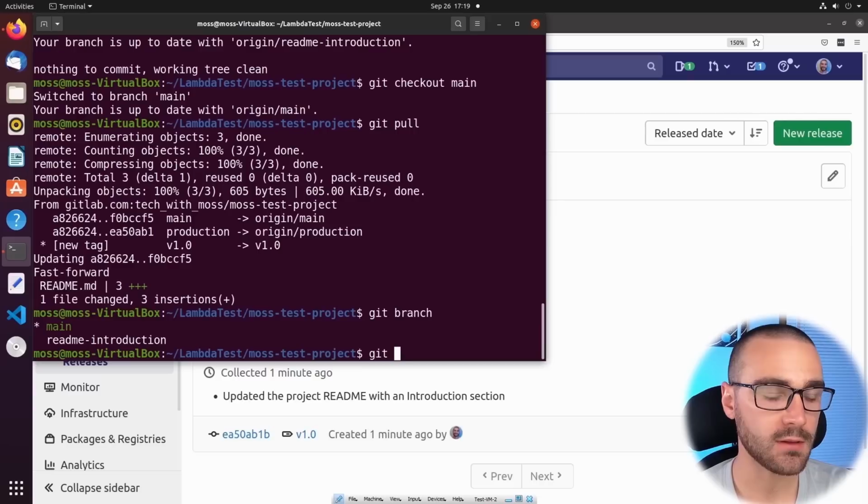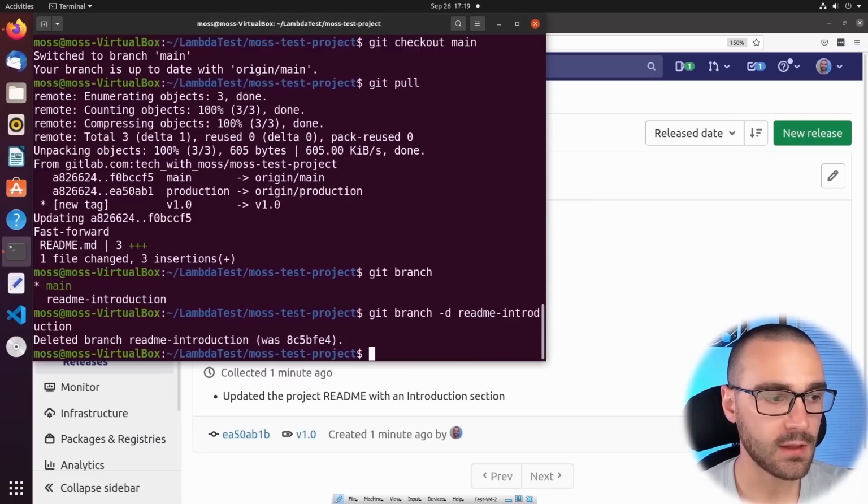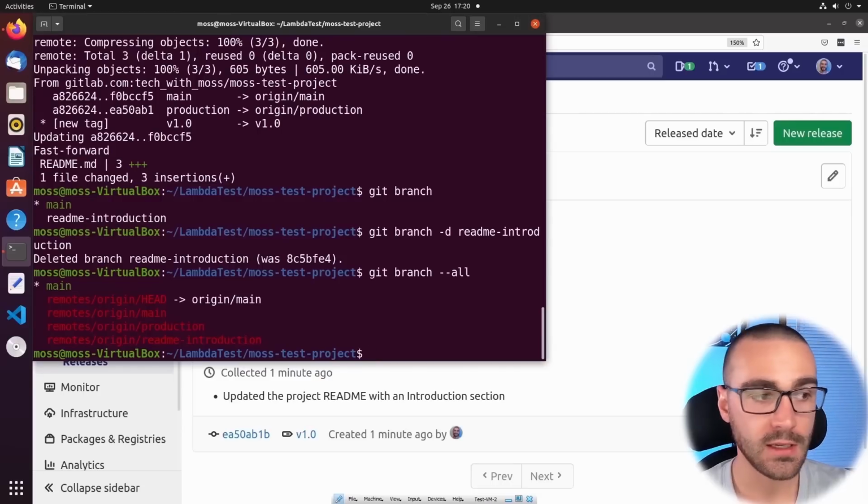And to do so, we can say git branch -d readme-introduction, and that deleted the local version of the readme branch. Now that command deleted the local version of the branch, but my local repository still thinks that there is a remote branch called readme-introduction. So if I do git branch --all, it'll show me not only the local branches, but